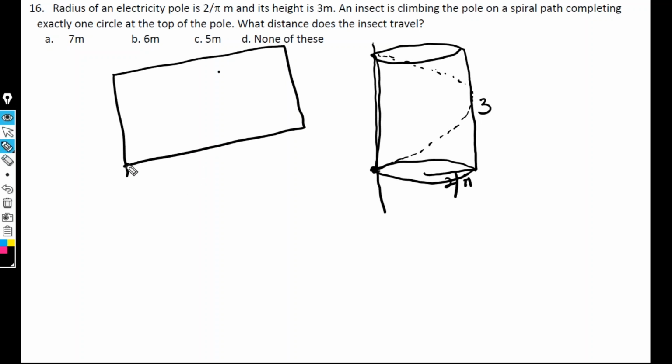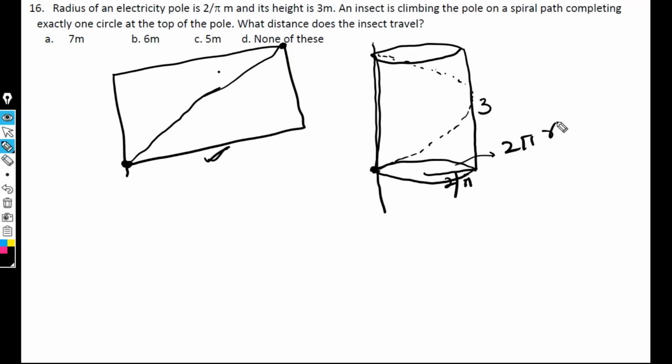So basically, the insect has to travel from this point to that point. Can I say the distance traveled by the insect is going to be along this straight line? Is it clear, everyone? As it is completing it in just one round, it has to be along this straight line. So the base of this is the length of the circumference,